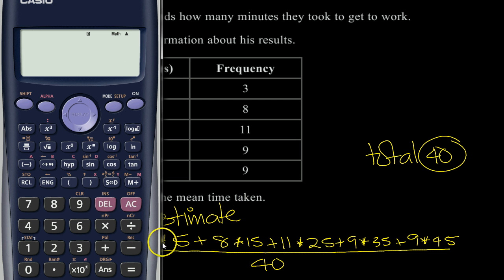So 3 times 5 is 15, so I'm just going to write 15 plus 8 15s are 120, so I'm just going to write 120 plus 11 25s is 250, and another 25 is 275, so I'll just type that in there, plus 9 times 35, 10 35s are 350, and 35 less is 315, so I'll just put 315 there. Plus, and then same here, 450 less 45 is 405. So I just put, rather than type out the long-winded calculation, just put the numbers in. 1130, and then divide that by 40